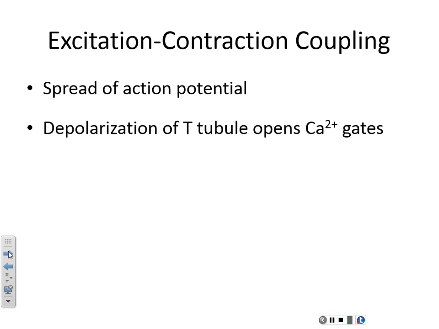So the impulse is spread through by the triad, because the T-tubules, the membrane, will go inside. And then, of course, it will cause depolarization of the membrane, and then the calcium gates open up, just like the calcium gates opened up at the neuromuscular junction in the synaptic knob. And then the calcium will